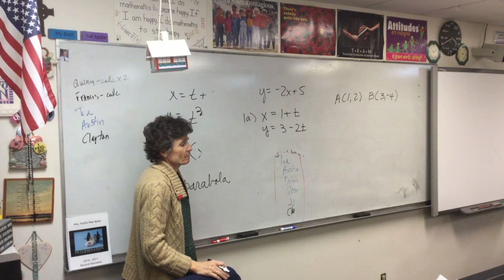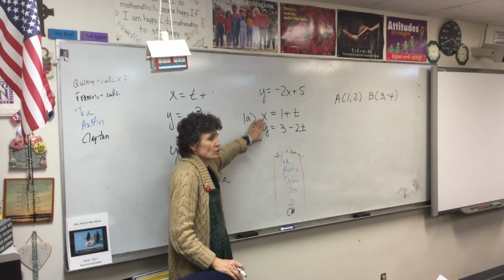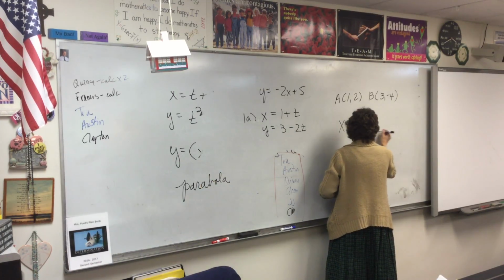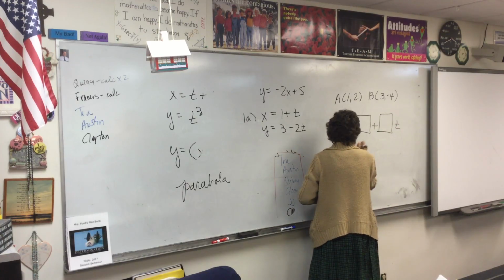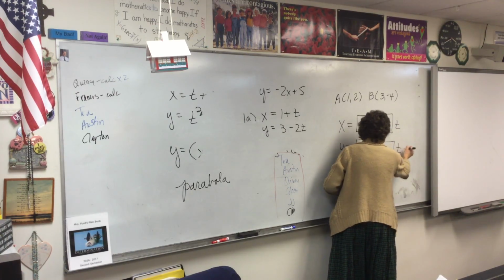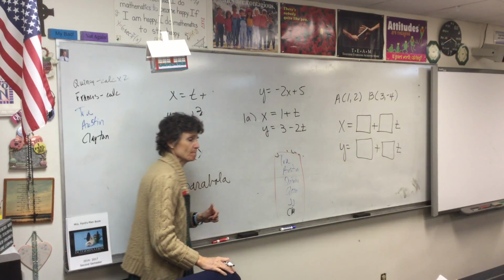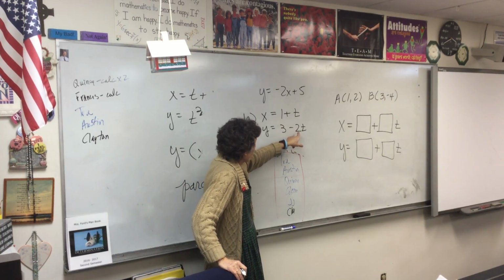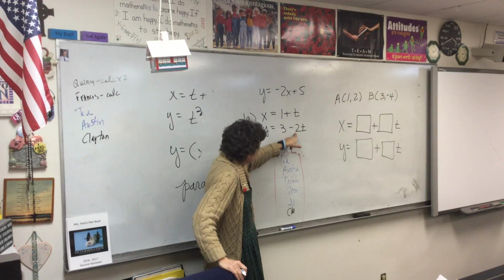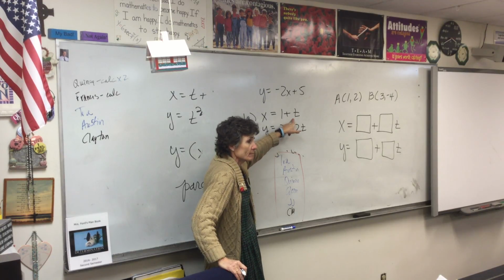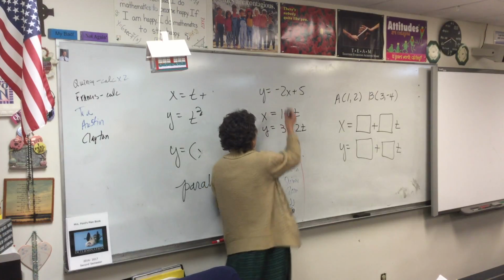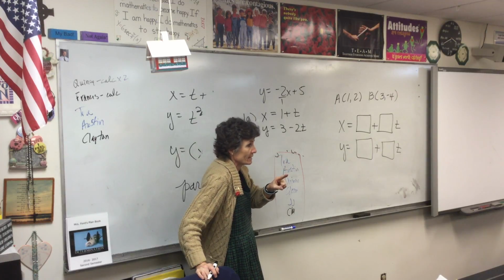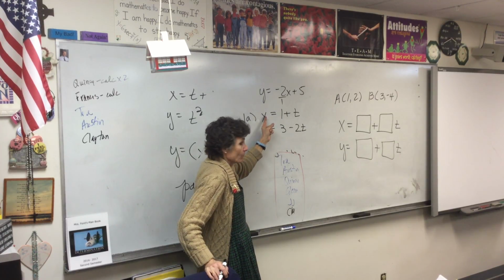I want to show you something. These are the parametric equations of a line. They're always going to be x equals something plus something t, y equals something plus something t. Now, look at problem 1A. Do you see how the coefficients on the t are negative 2 and 1? Do you see how the slope of the line is negative 2 over 1? That's not a coincidence. Y over x